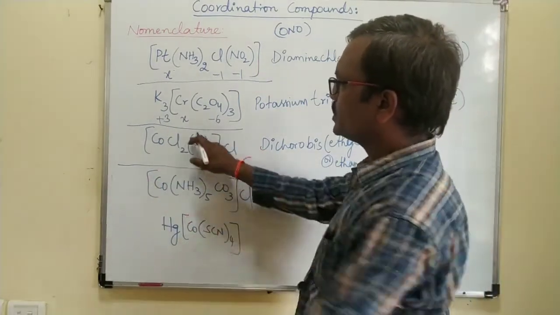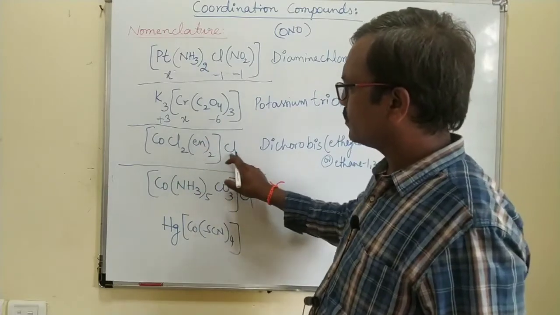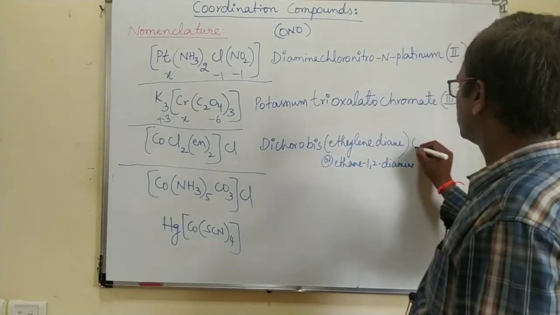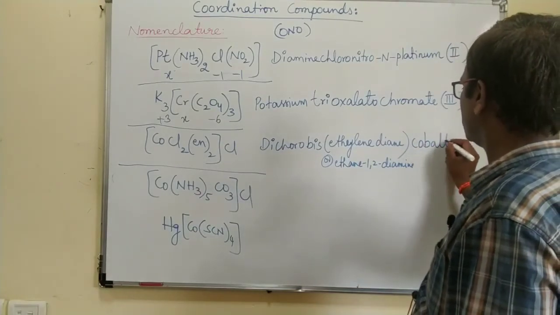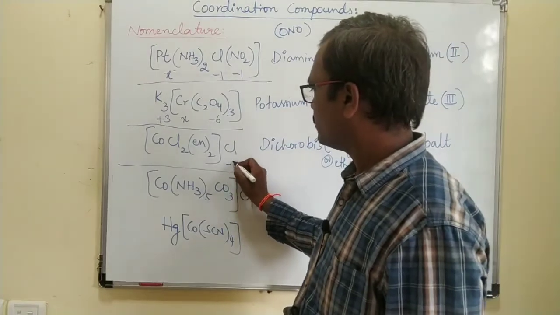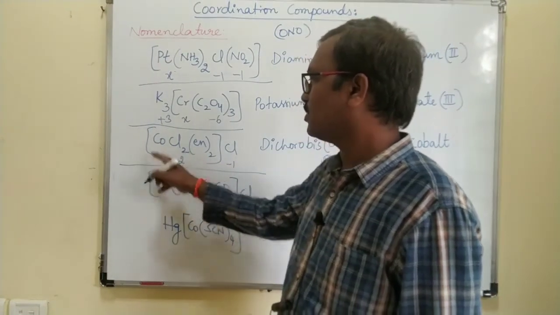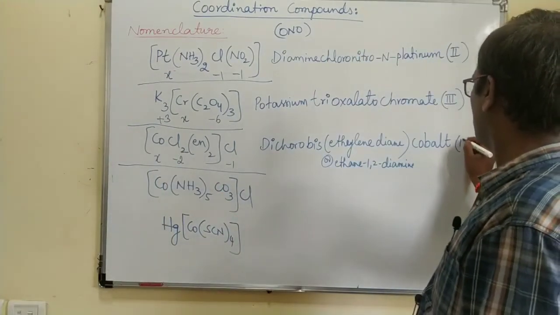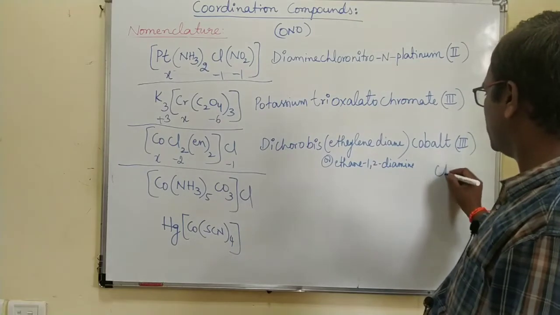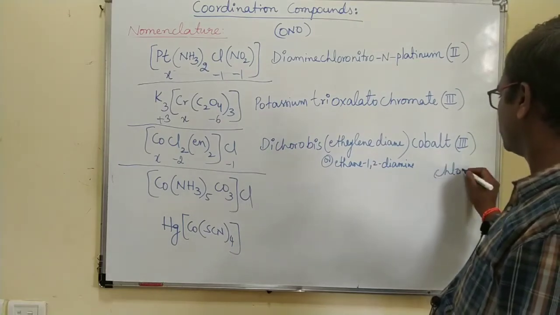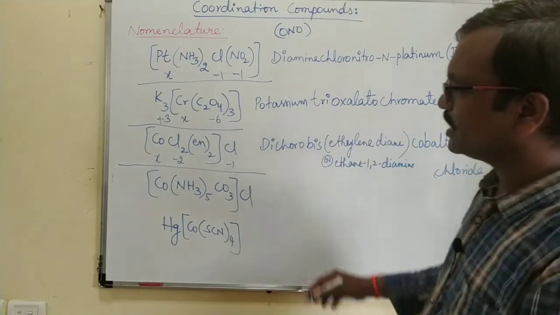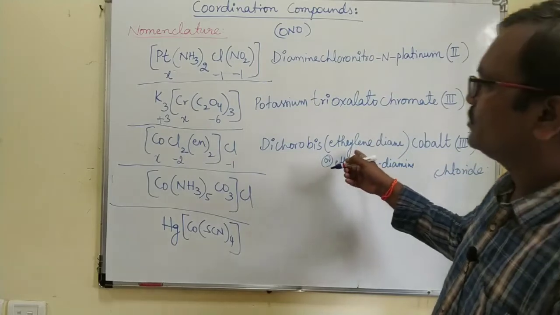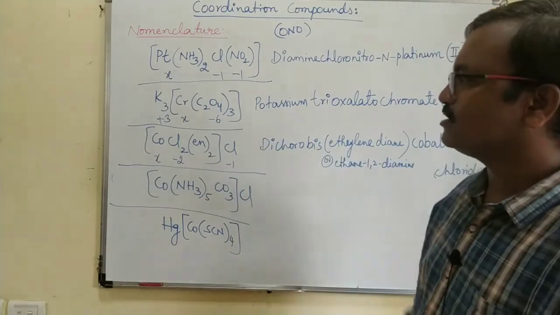This complex is positive, like NaCl. This complex is positive, chloride is negative. So for a positive complex you have to write cobalt only. Cobalt. So what is the charge? This one is -1, this one is -2. What does cobalt become? Cobalt becomes plus 3. Cobalt 3 chloride. So you need to practice, then only you will understand very well. Otherwise the nomenclature will be difficult. For this one, you should know the ligand classification and their